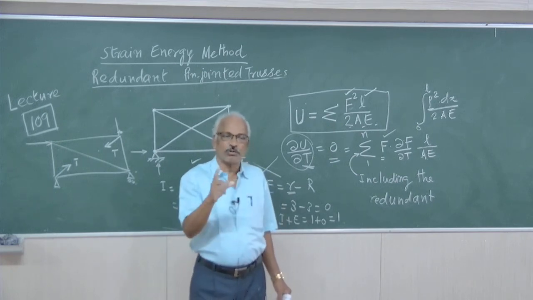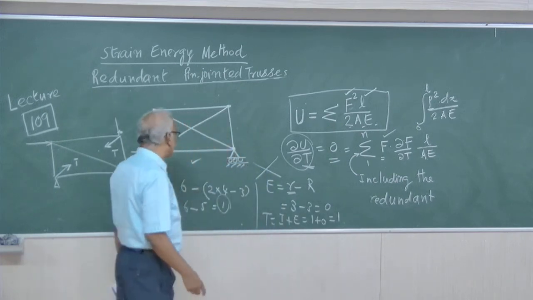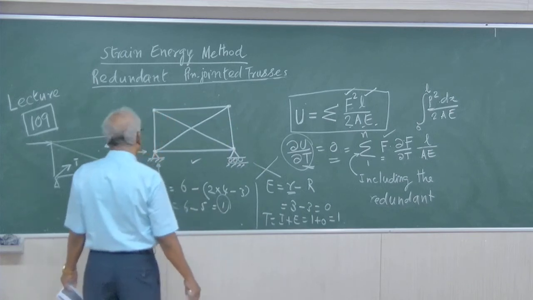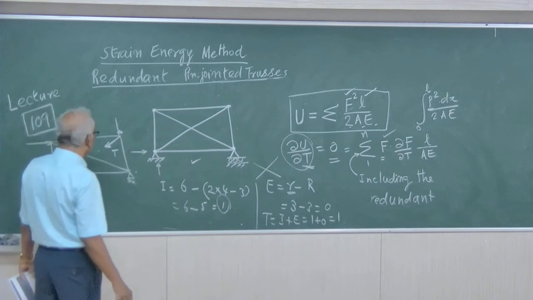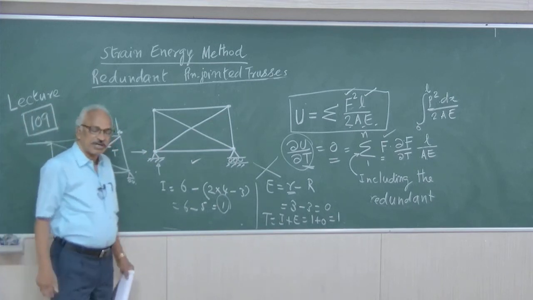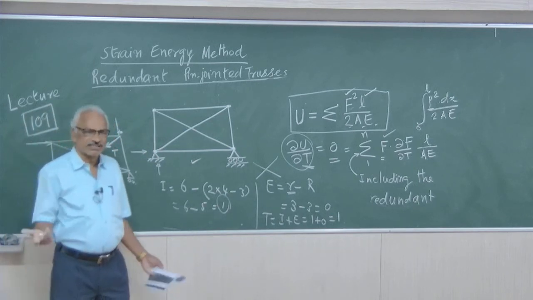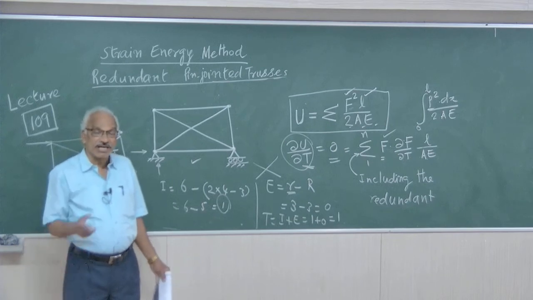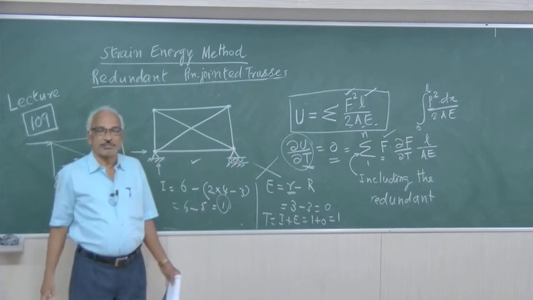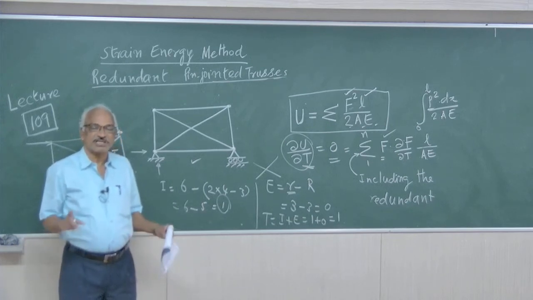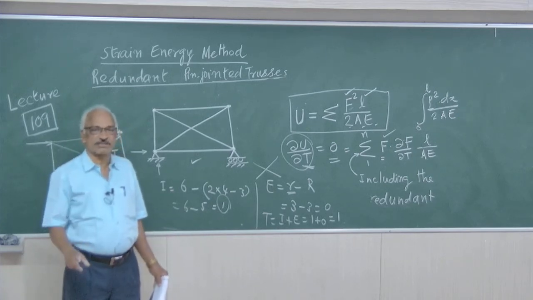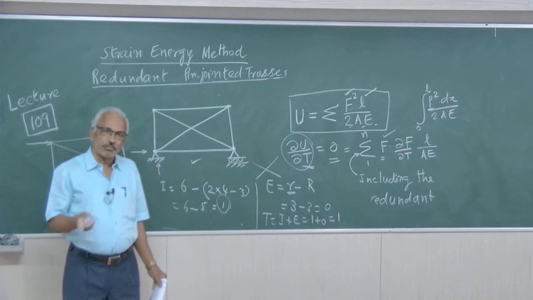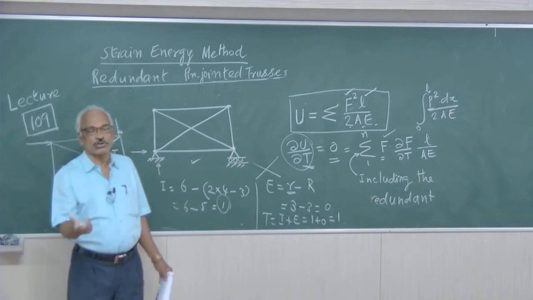Now here there is only 1 degree of redundancy. Therefore, you have to remove the excess member, make the structure statically determinate, apply a force equal to T or C, no problem, along the direction of the redundant member, and analyze by method of joints. Right? So all force terms will be in terms of both the external force and also in terms of T.